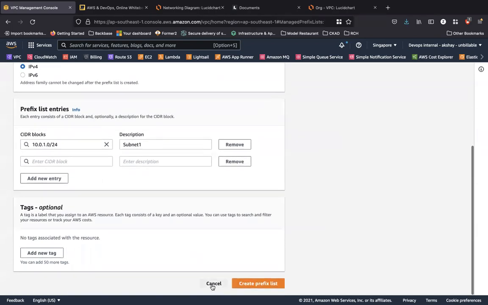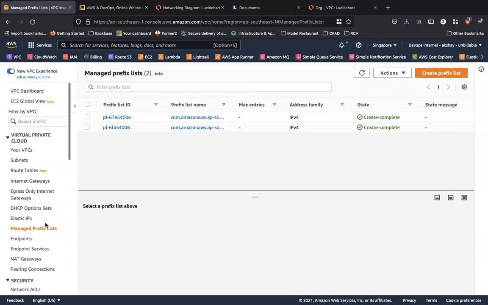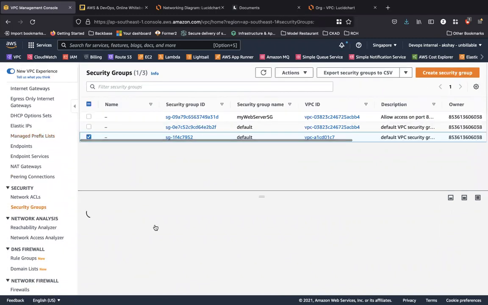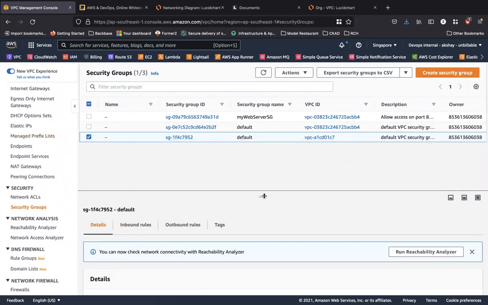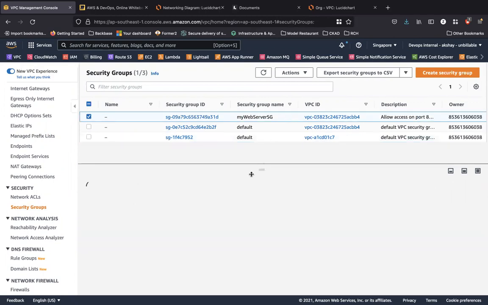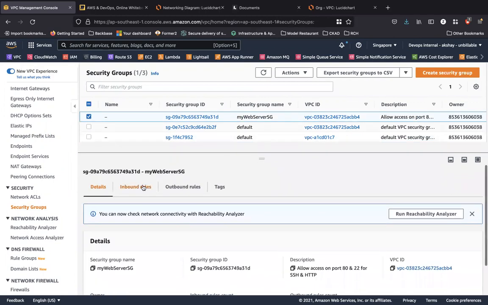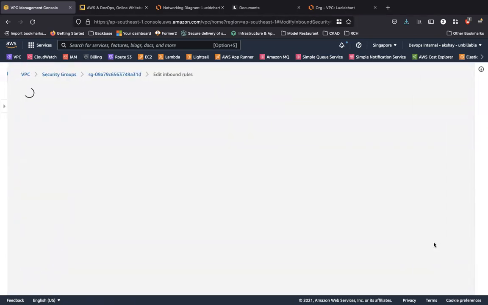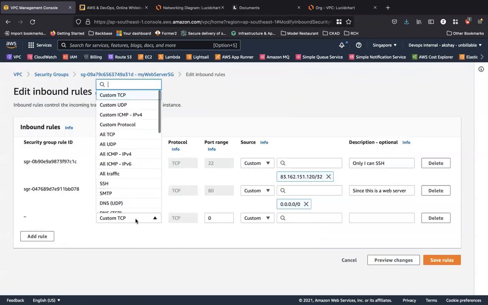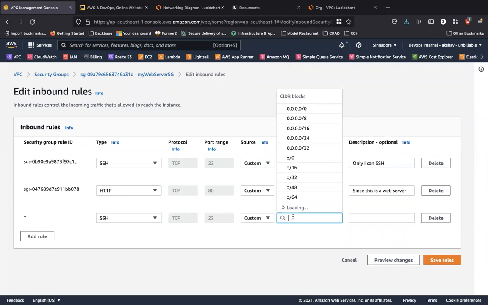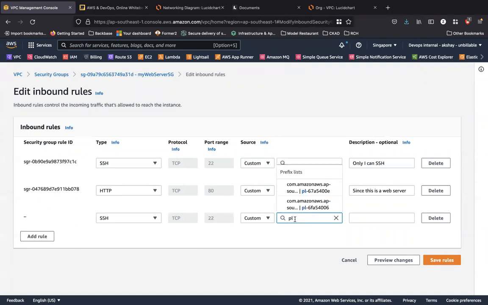And where this is useful is, let's go back to the security groups, which we studied as the second layer of security. In my security group, let's go to the same web server security group that I created. In the inbound rules, I can edit the inbound rules and add a new inbound rule for SSH and state that it can come from this particular prefix list by referencing the prefix list over here.